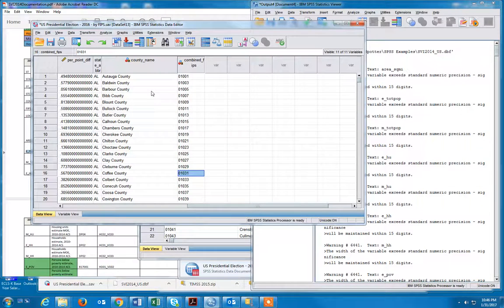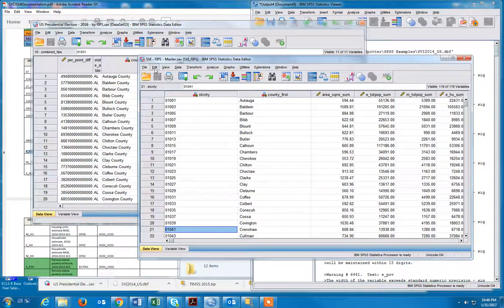And what we'll see here is that it has sorted it, and so now I want to go ahead and save my newly sorted data file. I'm going to click the floppy disk there, and it is now saved. I'm going to return to my SVI FIPS master file, and now we have prepared our data in order to be able to merge it into a single data file, and we will see that accomplished in the next